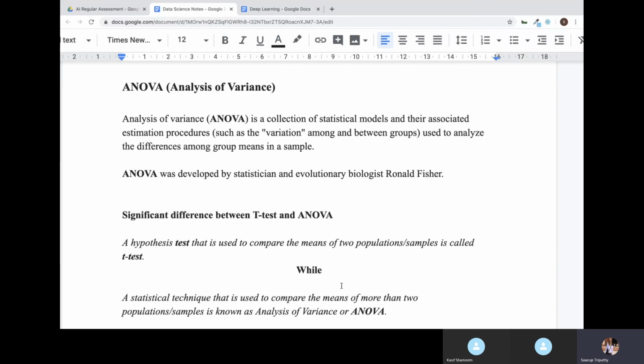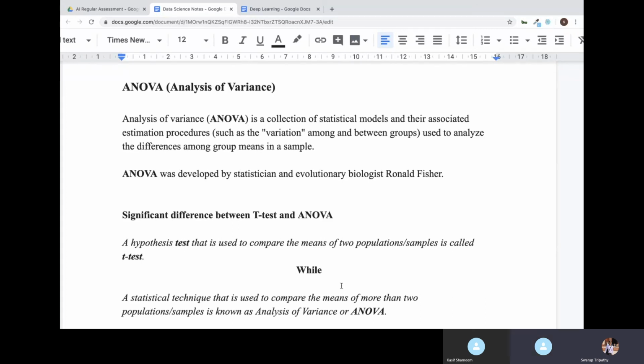You want to see in each seat what kind of difference there is between them. In those kinds of scenarios you can use ANOVA testing, where you can find the significance between multiple variables. When you have more than two or three variables, you can check those using the ANOVA test.